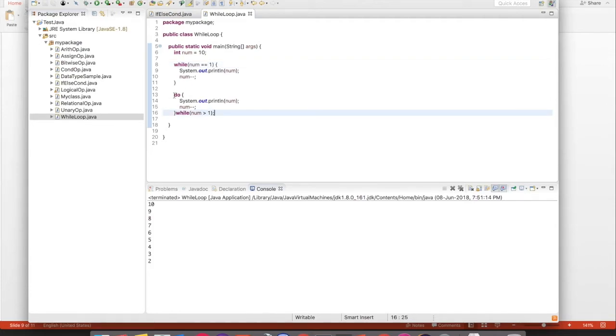Now let me comment this one. Okay, now let's run this one. So here you can see it is not running anything because the while condition says num equal to 1. Is num equal to 1? No. So it's not executing. But if you see here,